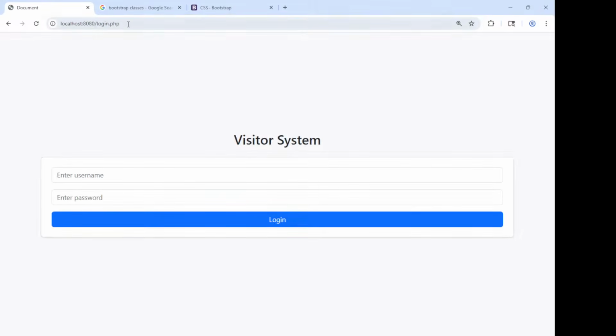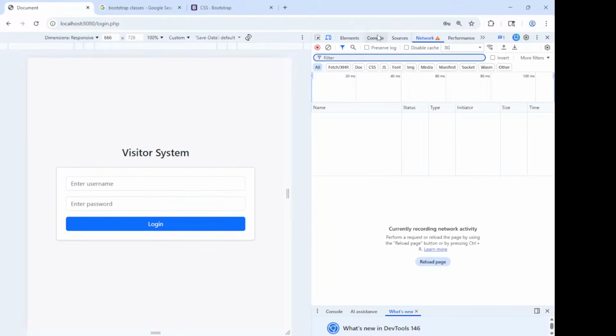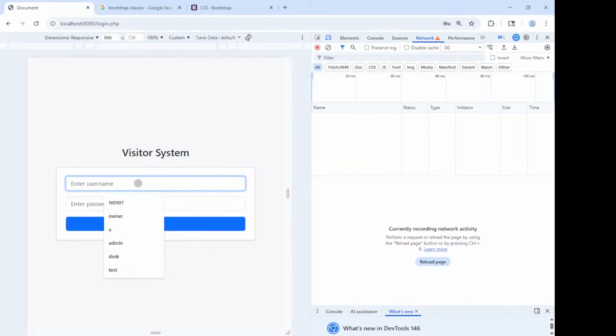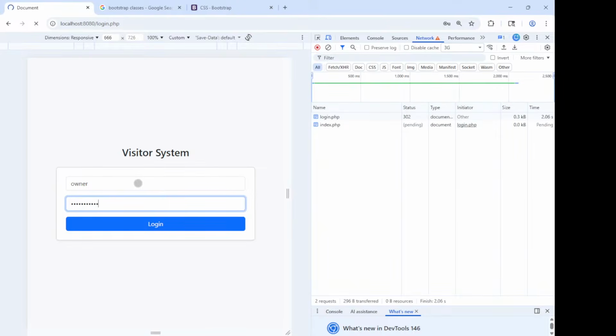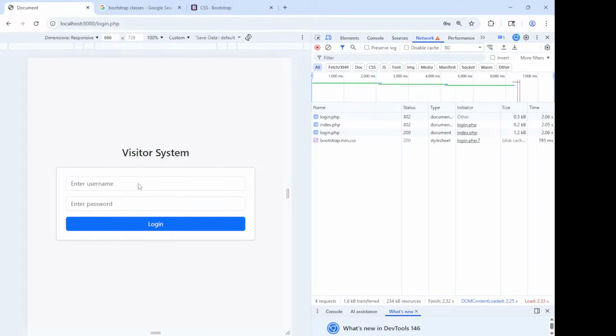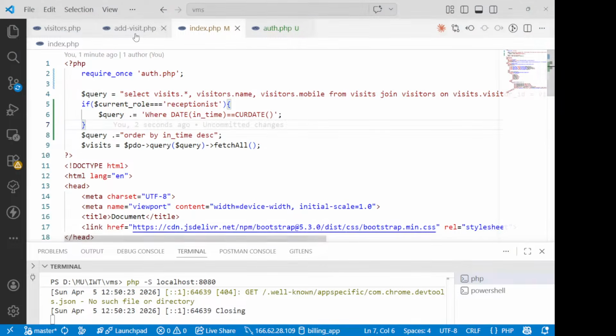सो दिस इज योर इंडेक्स पेज राइट नाउ, ओके। अभी मेरे पास ऑनर है, ऑनर पासवर्ड 1 2 3। क्या हो गया, कुछ तो गड़बड़ किया मैंने। ये यहाँ से रिजेक्ट नहीं हो रहा, तो मैंने इसको चेंज तो किया नहीं, फाइल को, इंडेक्स को चेंज किया है।